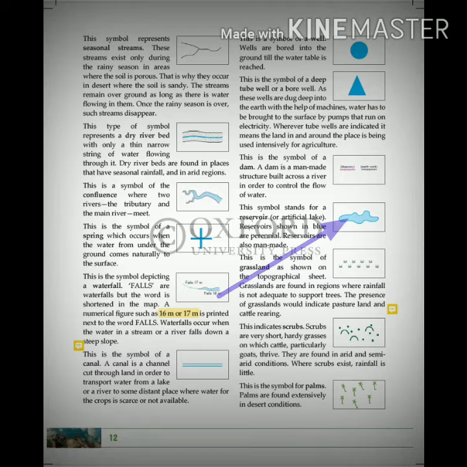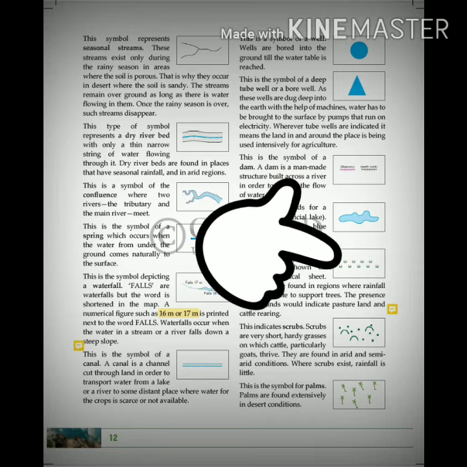A reservoir shown in blue color means it is perennial. Reservoirs are also man-made structures. It is most commonly an enlarged natural or artificial lake, pond or impoundment created using a dam or lock to store water.